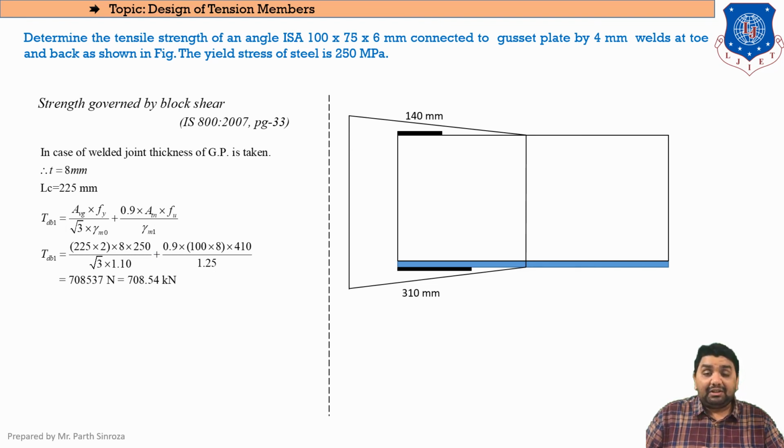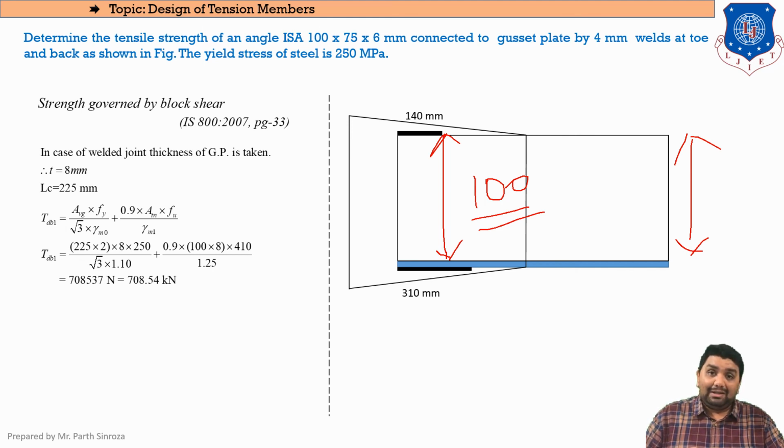T will be our tension line, and the tension line will always be vertical. So here the vertical line will be taken between the two welds. That means the vertical line will be the distance between our two welds, the upper weld and lower weld. So this distance, between our upper plate and lower plate, will be 100 mm because it is the leg dimension. The longer leg dimension is 100 mm. So the distance between our upper weld and lower weld, that is the weld at toe and weld at back, will be 100 mm. So this total length will be considered as our tension length. So tension length will be 100 multiplied by thickness 8. So this will be our ATN here.